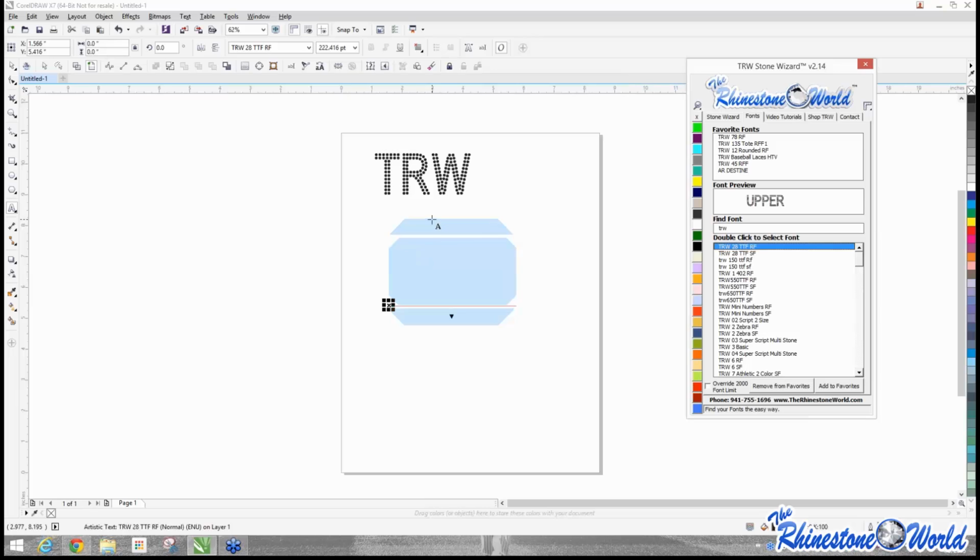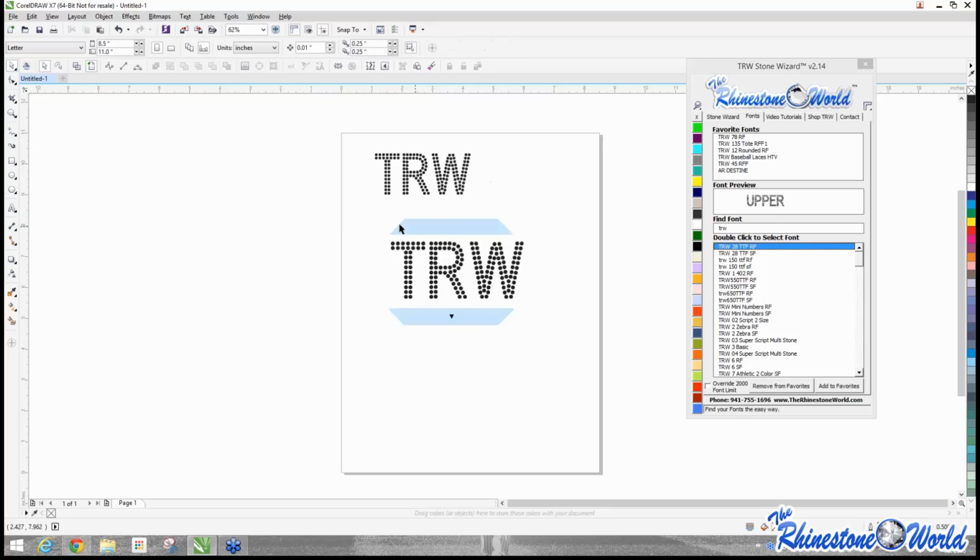Now, what we've done is up here in our toolbar, we added some features from our text window that are going to help make this process a little bit easier. So I can come up here to my toggle cases, click on that, select uppercase, and hit OK. Because it switched the casing to uppercase, now I can see my TRW Rhinestone font there. And again, that can all be seen right here in the font preview. If you don't see a lowercase or uppercase, it just means that the font was created in a certain case. So, TrueType fonts, again,